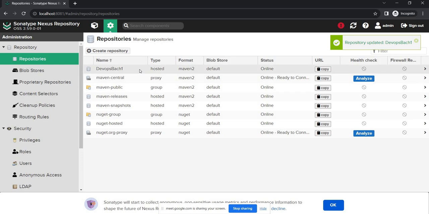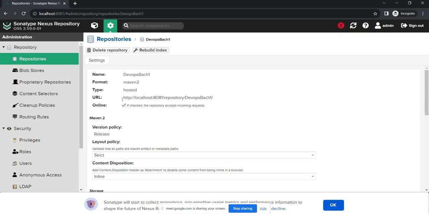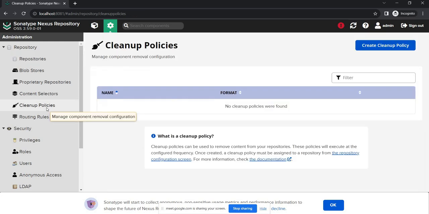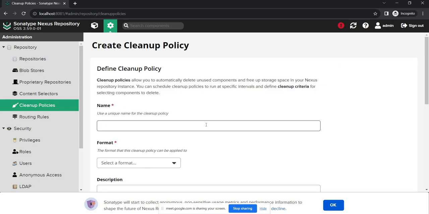So this is our repository, and this is the URL of our repository. Now let's go and set some cleanup policy. So here you can create a cleanup policy. I'll just say create. I'll say cleanup